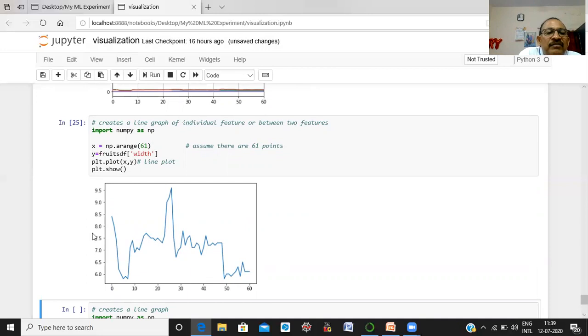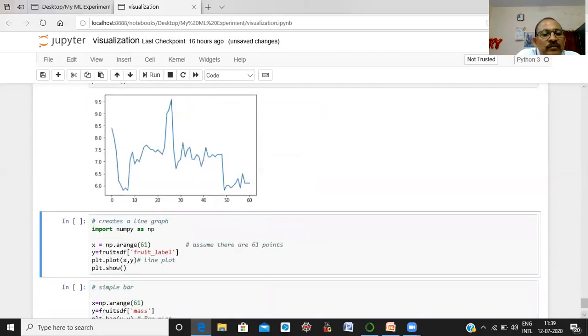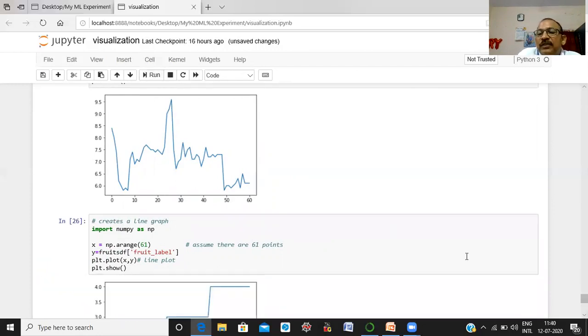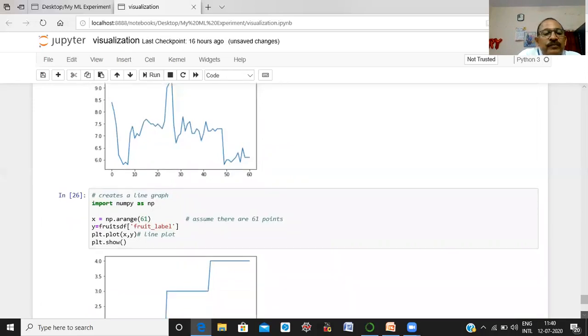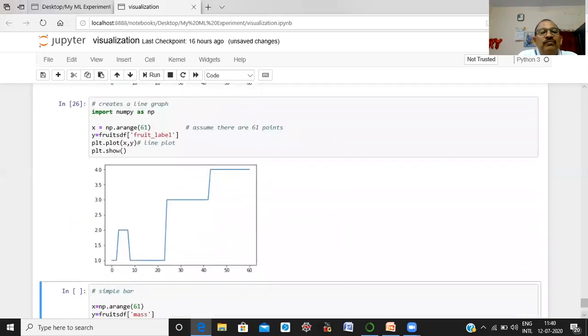This is the variation of the values. You can draw a line between the fruit label and these 61 points. Here you can see how the values of the fruit label vary in your data set.